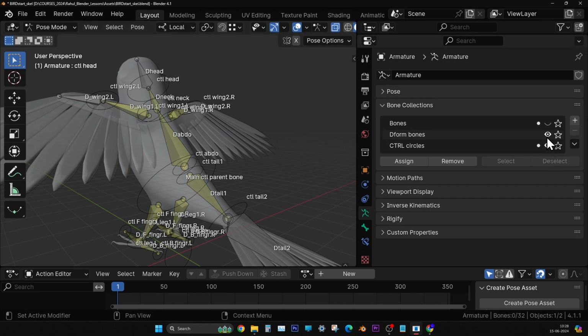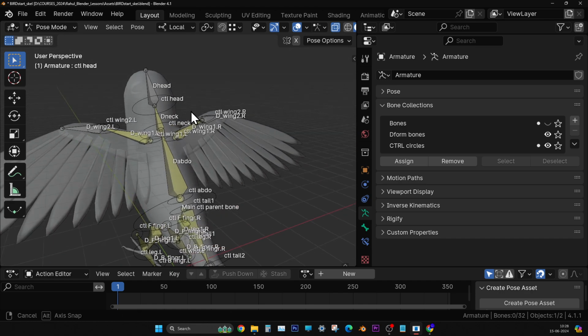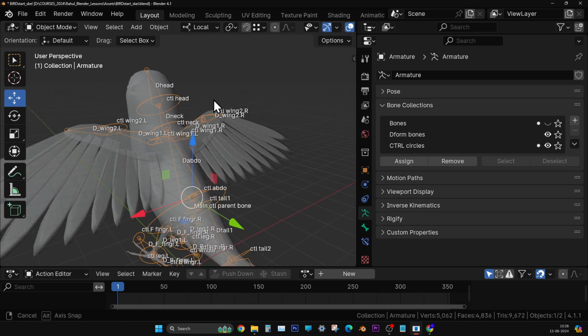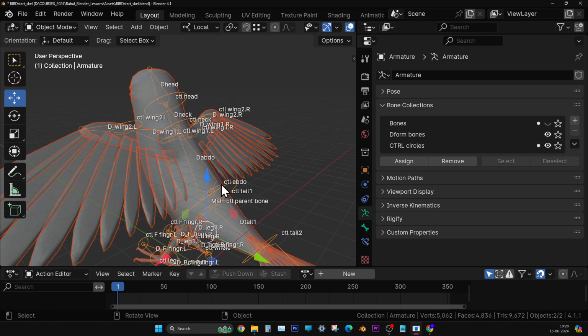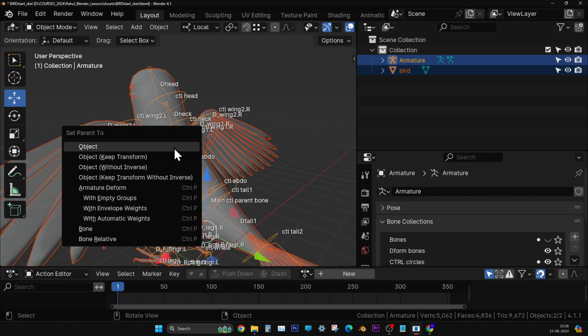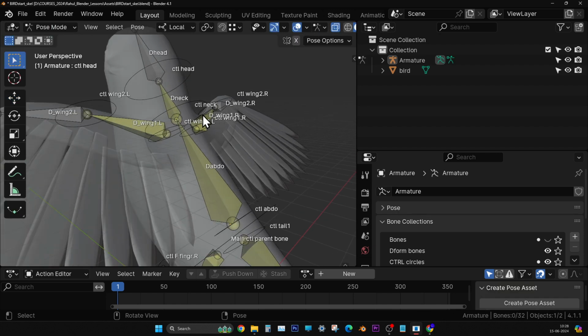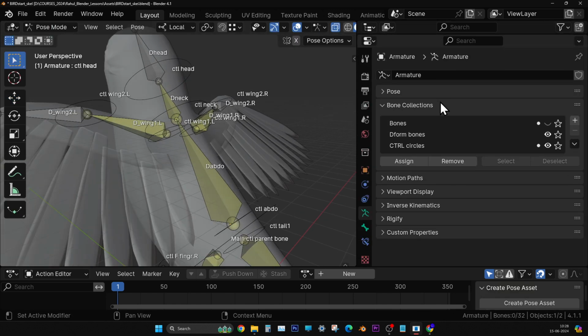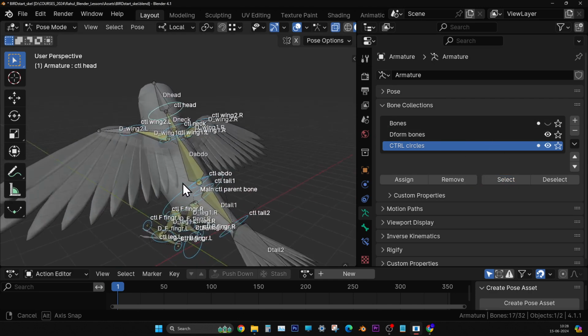So now, I told you that before enveloping, in object mode only, we should do the envelope. We should select the mesh and then finally select the skeletal structure, the armature, and then Control P. We should choose the armature deform automatic weights. Okay, but before that we should do this one. Go to pose mode and select the control circles, all the control circles in the collection set that we have created,